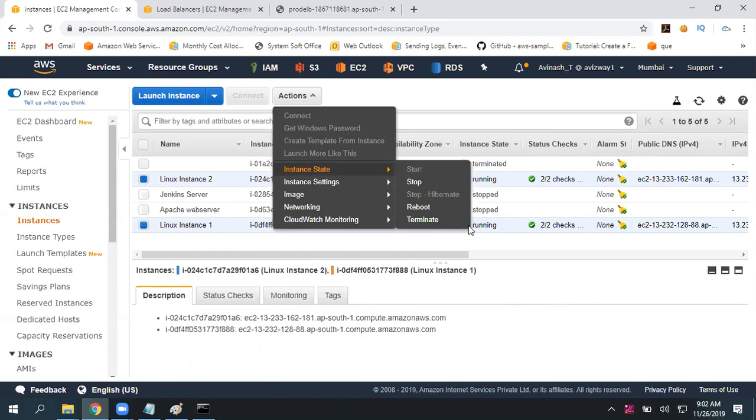I got your question. I'm assuming your question is: website one is giving different data, website two is giving different data. So if a modification happens on website one, how is that synchronized across multiple instances? Yes. That we are going to discuss. We have services like Auto Scaling Group and EFS if it is Linux, and FSx if it is Windows.